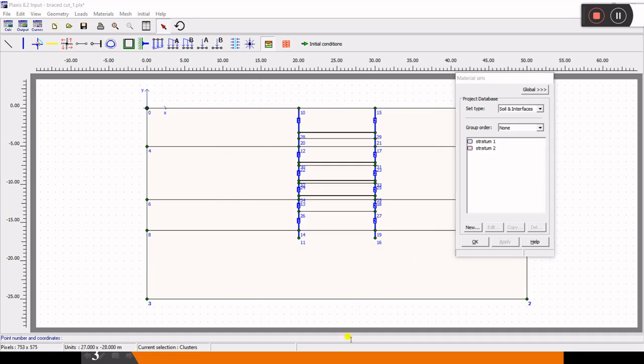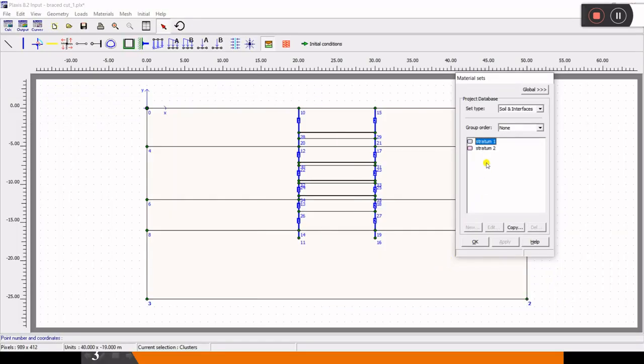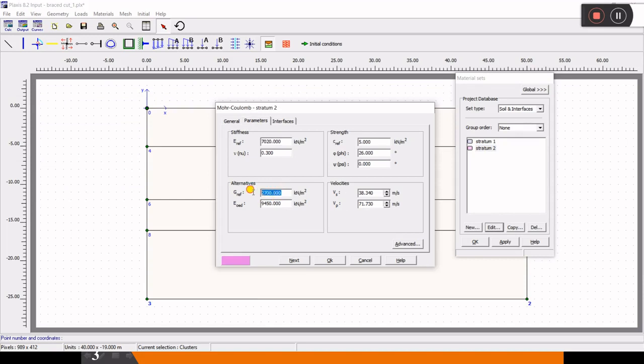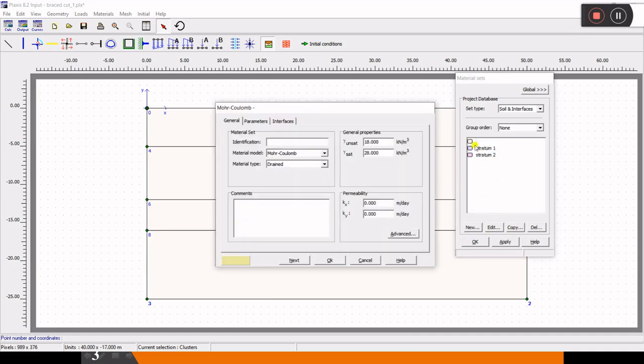So two stratums are created, and the G value is 1700, so I'll have to modify it. I'll go to stratum 2 and click on edit. I'll go to parameters and the G value is 1700. Okay, so stratum 2 is created. Then I'll go here and copy again. This is stratum 3, Mohr-Coulomb model, drained.